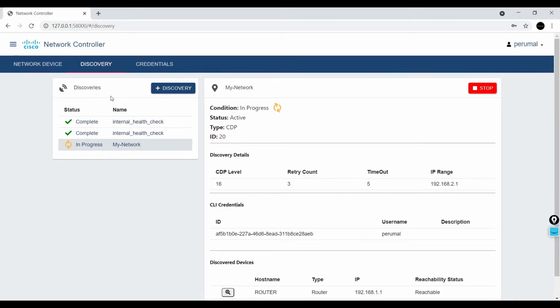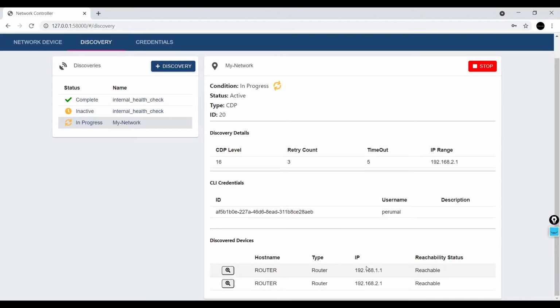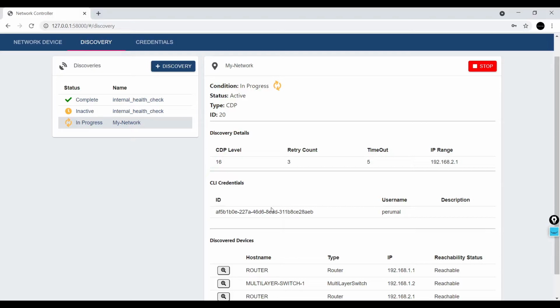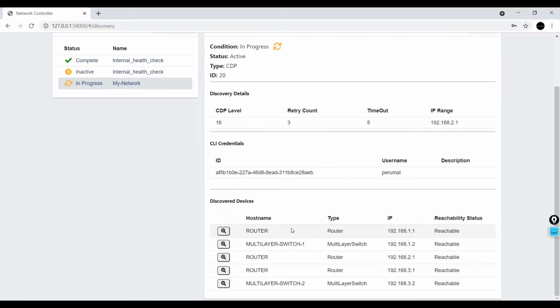Now the controller communicates with the network devices. It communicates with the multi-layer switches, routers, and the endpoints. You can see the multi-layer switches detected, and of course it is reachable.